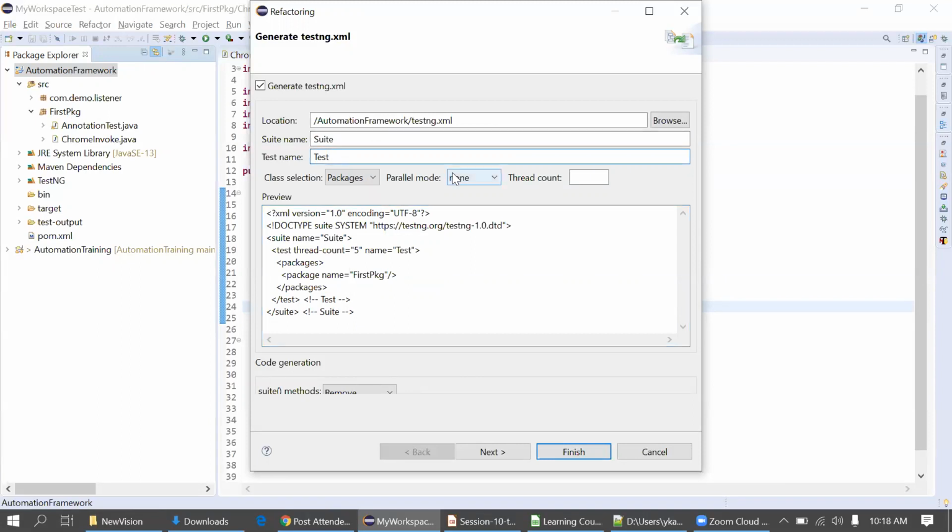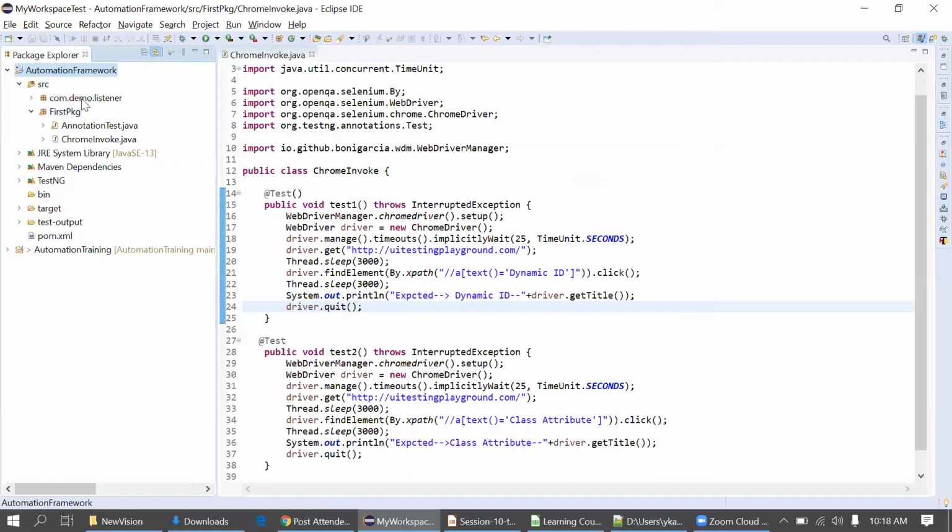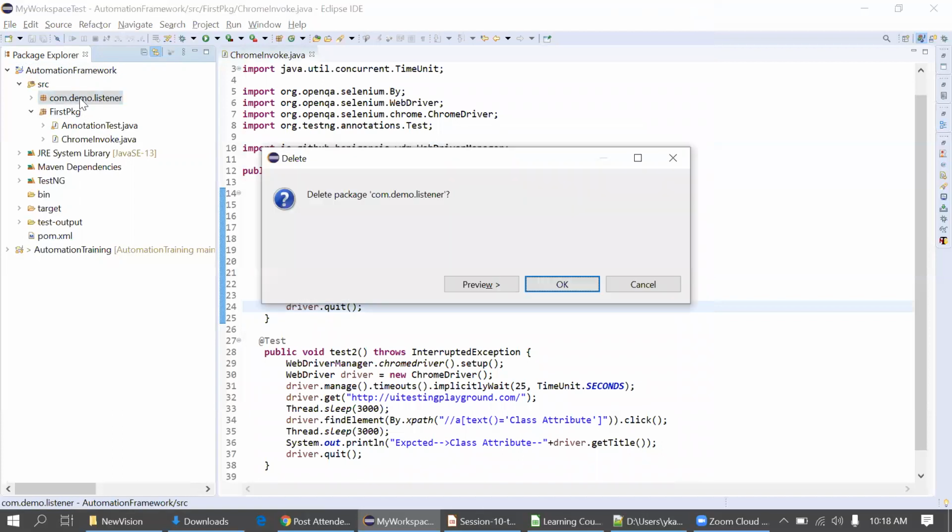Then again I'm changing back to classes. It will create two classes because only two classes are present under this package. It is not considering this listener package actually. I'm just deleting this to avoid confusion again.